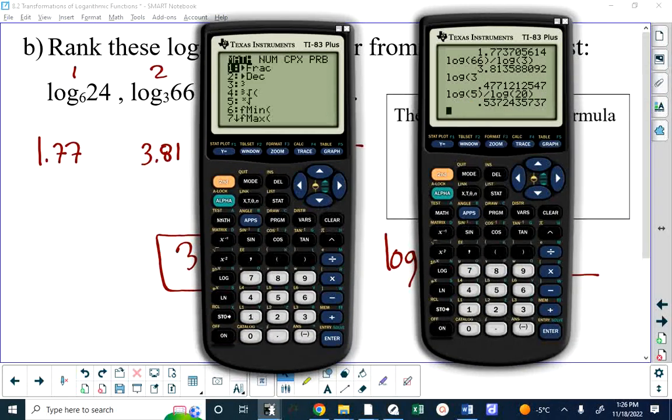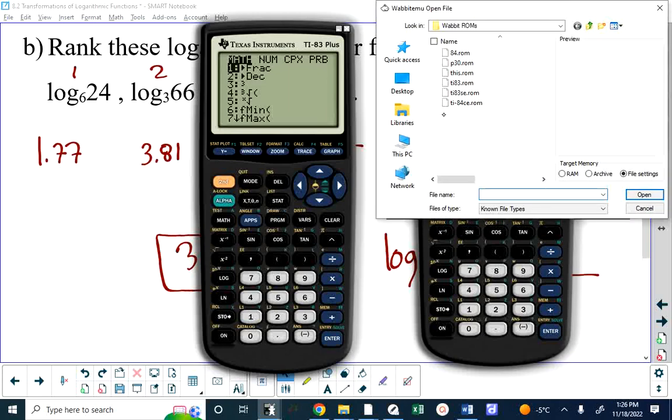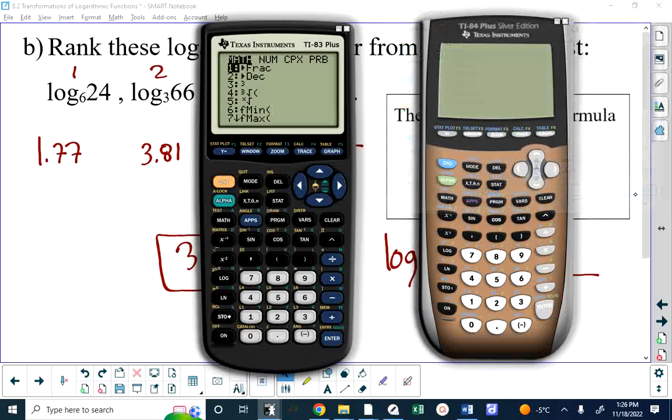If I go to my math menu and I scroll down here, I don't see anything that's really to do with logarithms. But if I go to an 84, even an 84 with this horrible faceplate, and I go math and scroll down, I got something called log base. And when I hit that,